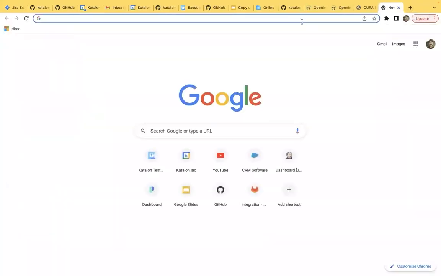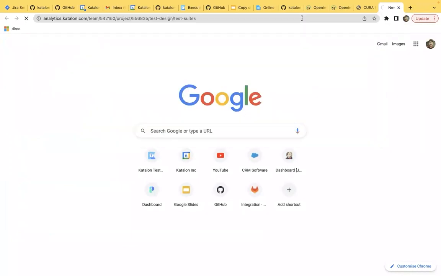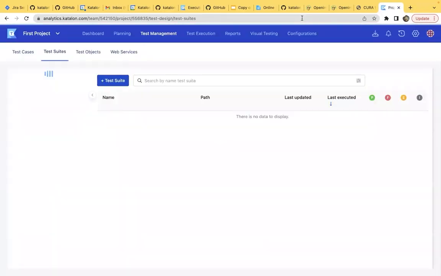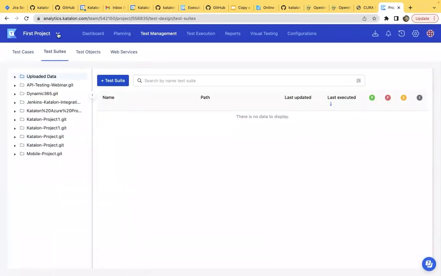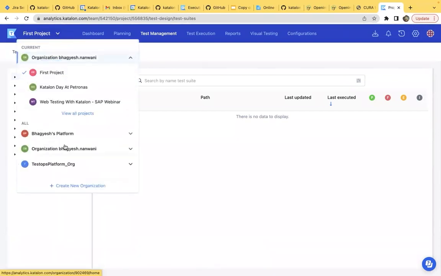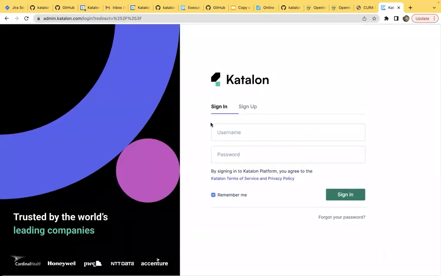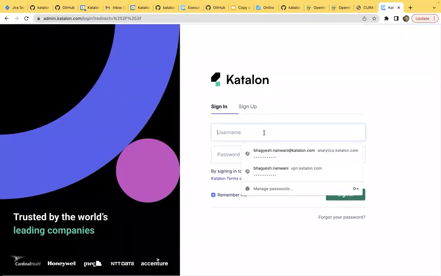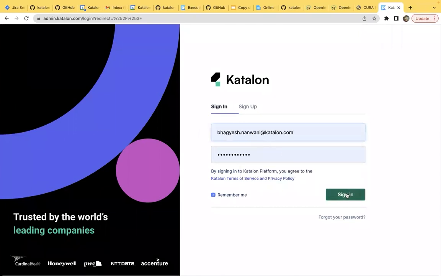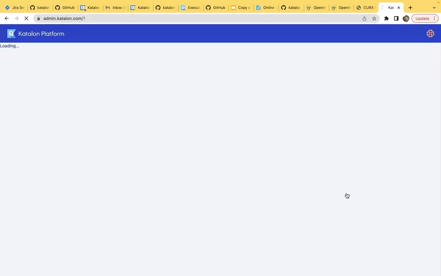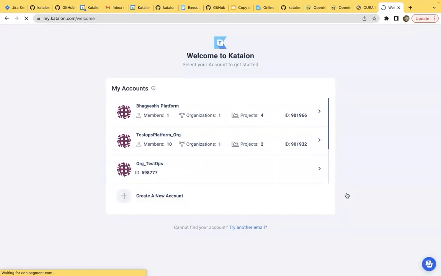Let me show that to you so that we should be able to remove any ambiguity that might be there in the explanation. So here you can see I have created a project. Inside this, I have multiple organizations, multiple projects. Similarly, if I go here and I click here, I can see that there are multiple projects. But if I select any project, say it's telling me to sign in, that's not a problem. I'll sign in. And if we go inside any project, it will basically give us